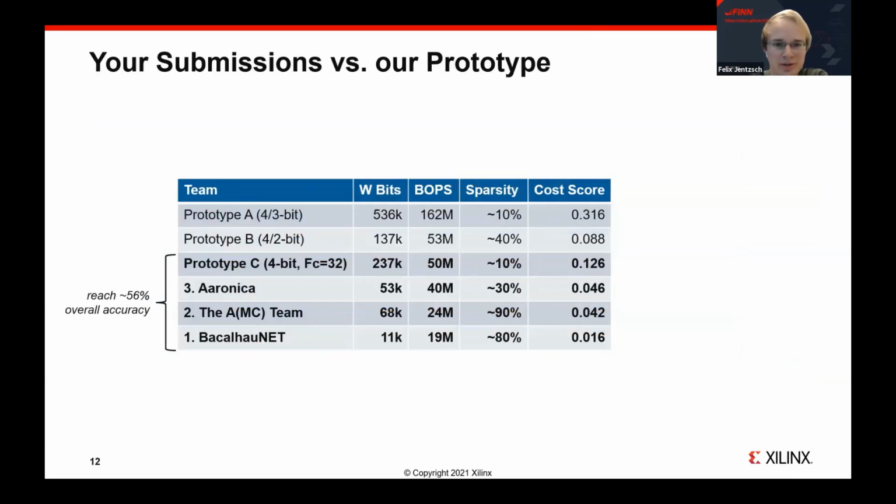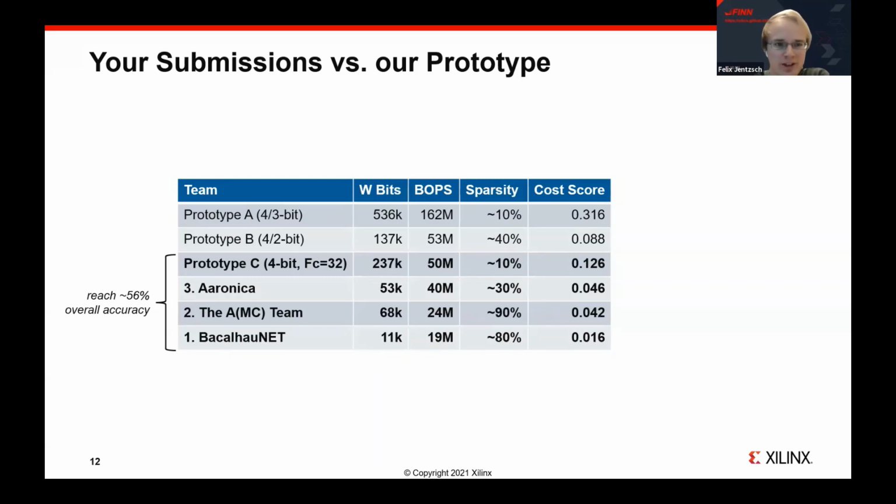So of course, it will be interesting for you to see how our prototypes fare against your submissions. And here you can see the top 3 submissions against these 3 prototypes from the previous slide. And we also put here what makes up the inference cost: the bits used for weight storage, the bit ops, and we also check the sparsity, so the amount of 0 weights and 0 multiplications. And also note that the W bits here and the bit ops are already considering the sparsity in them. And also that our sparsity is quite low because we did not apply any kind of explicit pruning.